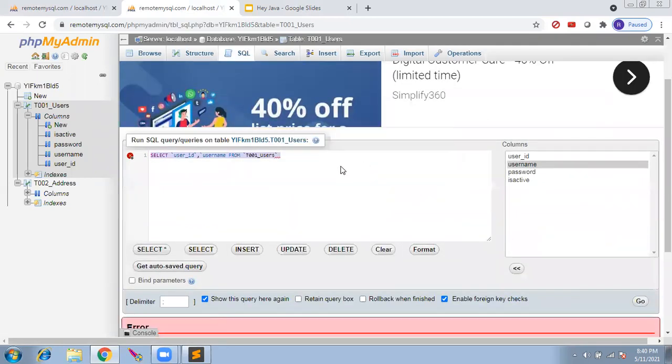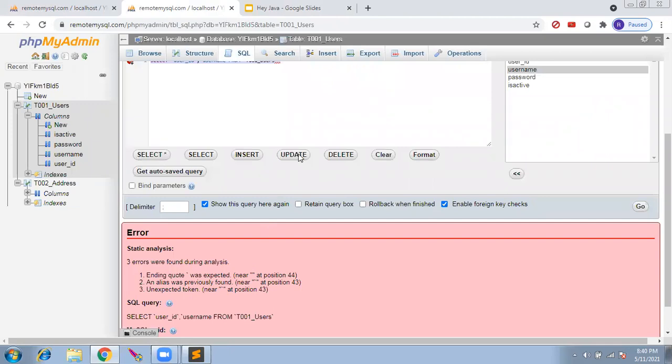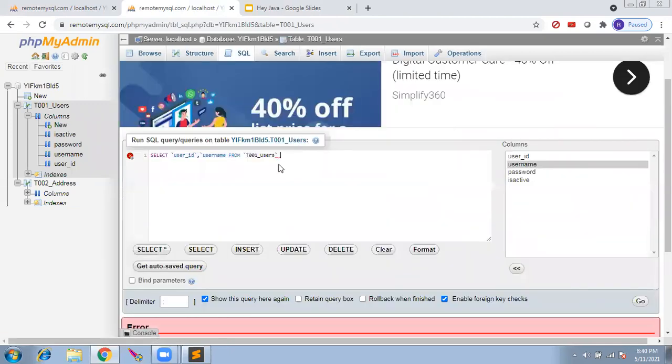Now along with this, I want to bring the address. Why is there an issue? Maybe I deleted something by mistake. Now we are going to join two tables, right? To join two tables, we use the primary key and foreign key.